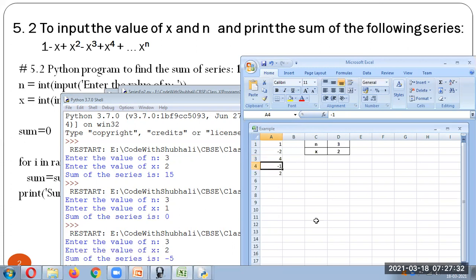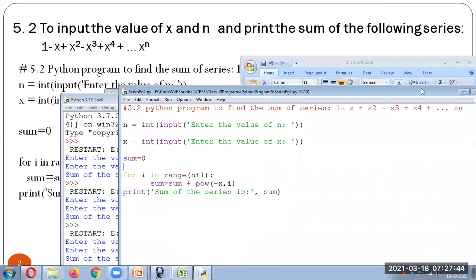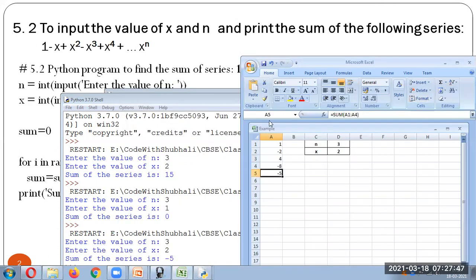And here it will be 2 to the 4, 4 to the 8, so minus 8. So we should get minus 5, which is correct. So this program is correct. Now let's go to the next program.